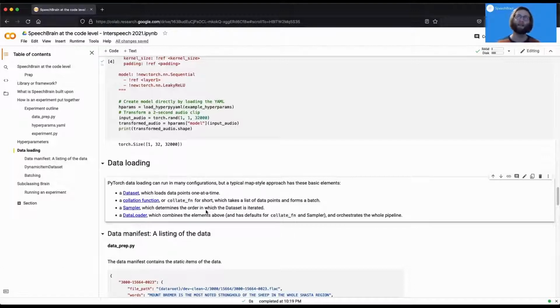And finally, PyTorch has a data loader class which combines all the different things above and orchestrates the whole pipeline, and it can also load data in parallel into a buffer, so that's more efficient